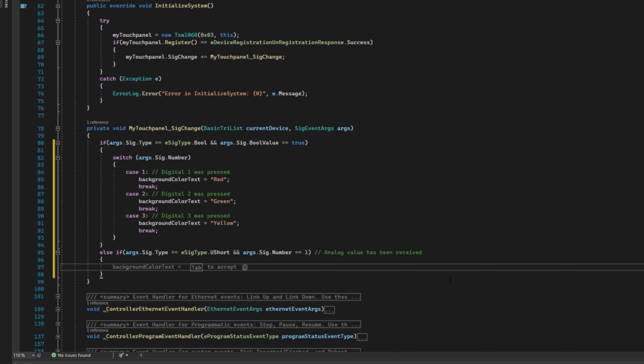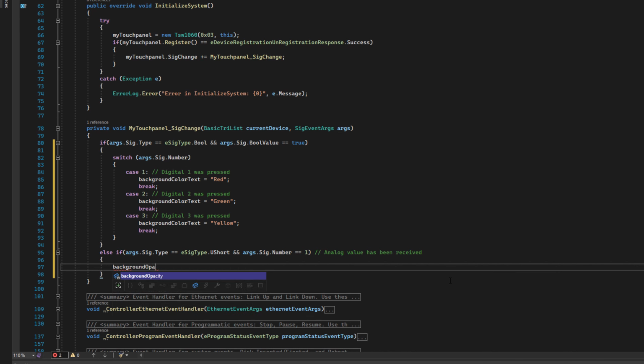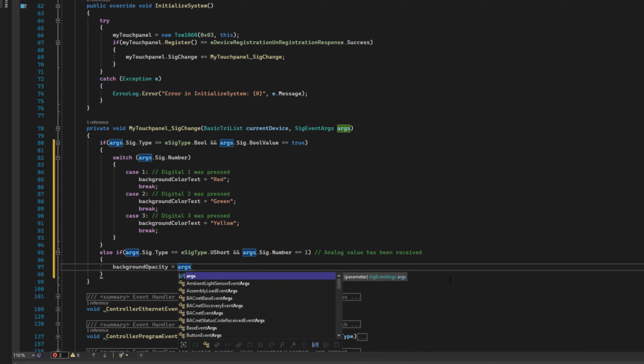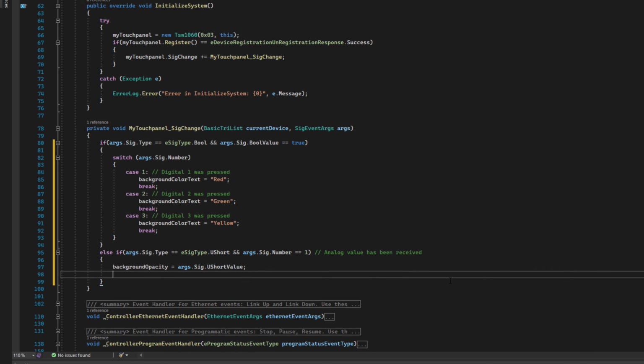As I mentioned before, first we will save a value into the variable and then just send it back to the frontend. With that, we'll see how fast or slow our code is and if we can count on that speed in some of the future functions. Type backgroundOpacity equals args.sig.uShortValue, and in the new line type